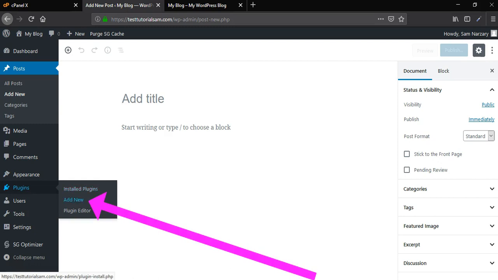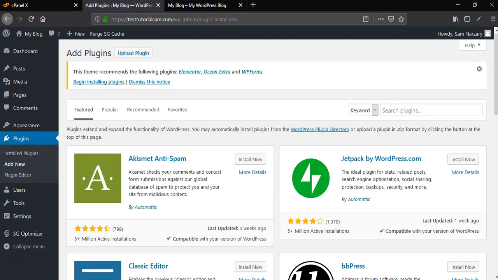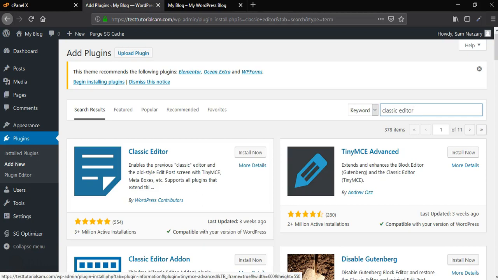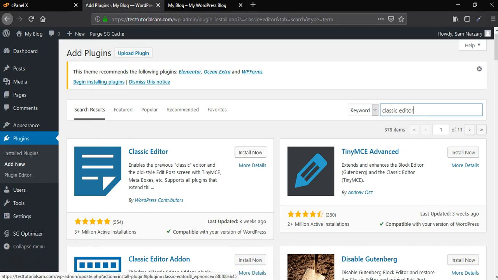So we'll go to Plugins, Add New, and we will be looking for a plugin called Classic Editor. Go to the search box and search for it. Right, here we go. This is installed by 3 million plus people and it is rated 5 stars. So install this, and once it's installed, activate it so that we can use this to create new posts, new